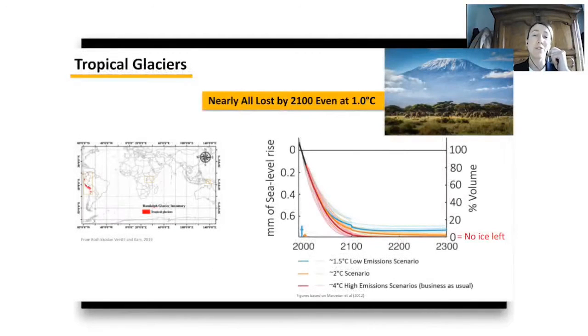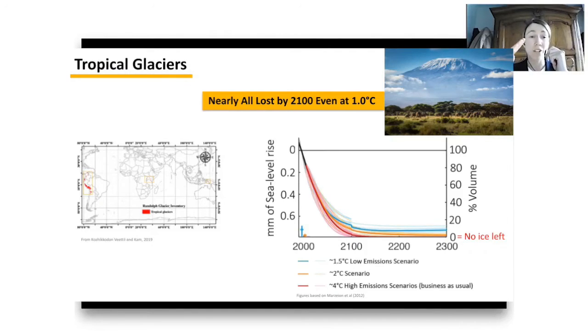So now we're going to review different geographical areas where glaciers are found and investigate projections that have been made for these glaciers up to the year 2300 based on different emission scenarios. And we're going to see how much of these glaciers could be left by 2300, depending on the emission scenario we could decide to follow. So in red are the projections for the highest emission scenarios, in orange the middle of the range scenario, and in blue the low emission scenario.